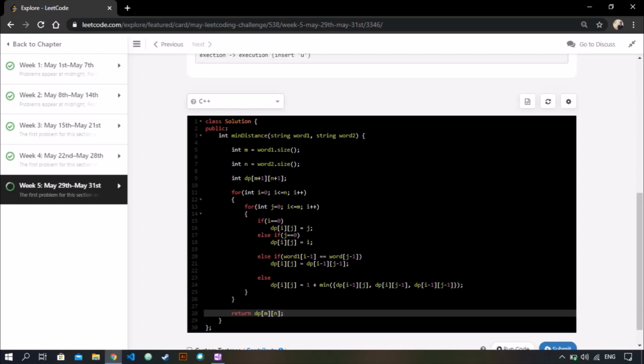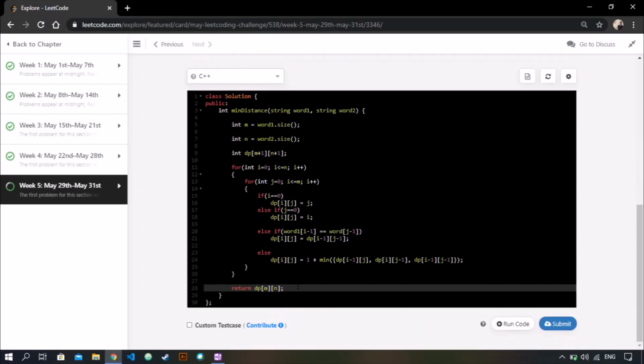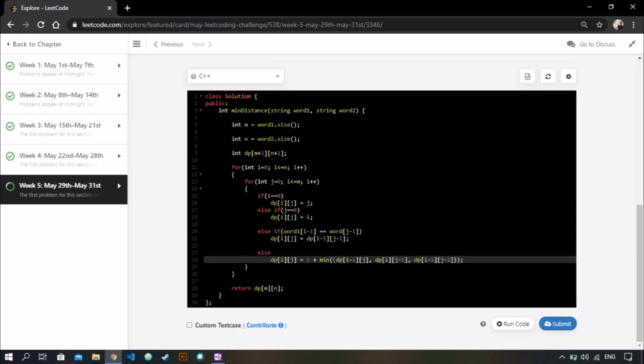Okay, so there's a cool trick. You can just pass any number of parameters to get the minimum in the parentheses. Suppose you want to compare more than 2 elements to find the minimum amongst them. You just put them in a parenthesis and pass to the minimum function. Okay, let's run this code.